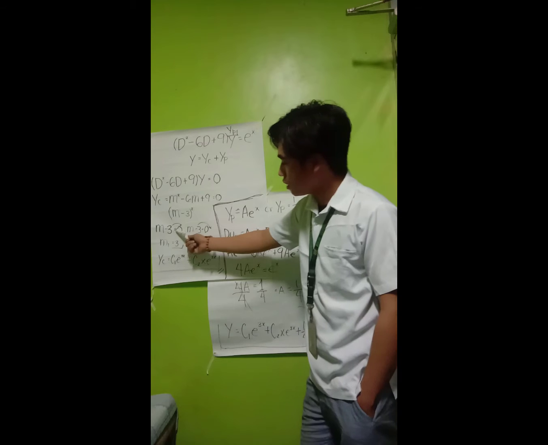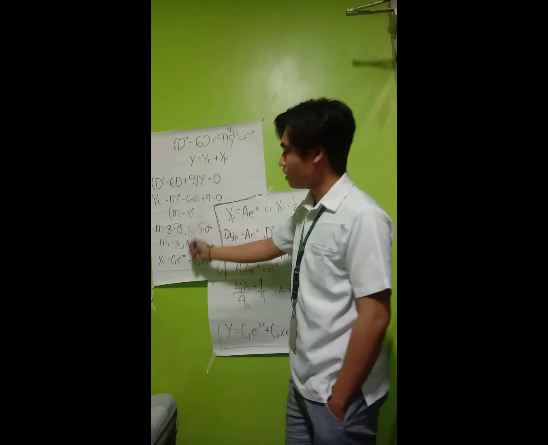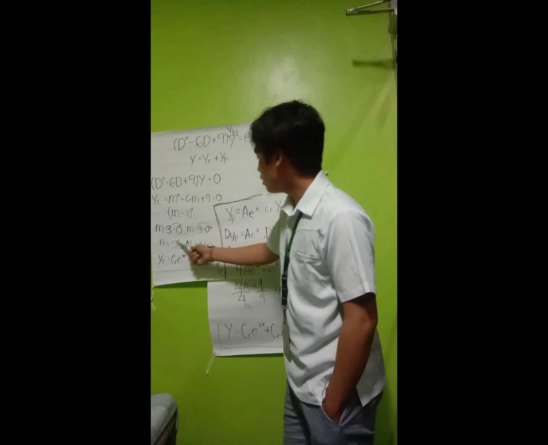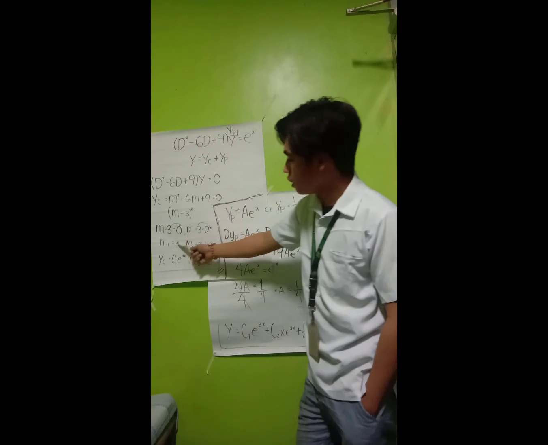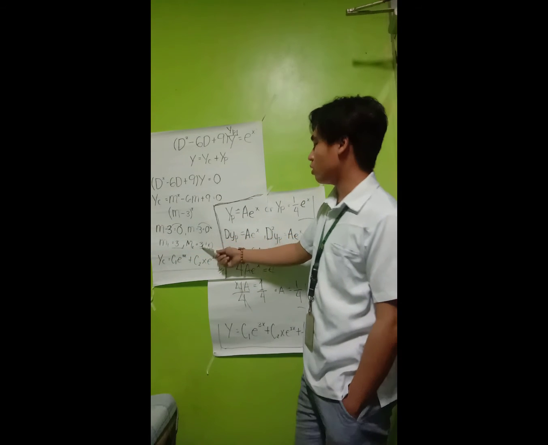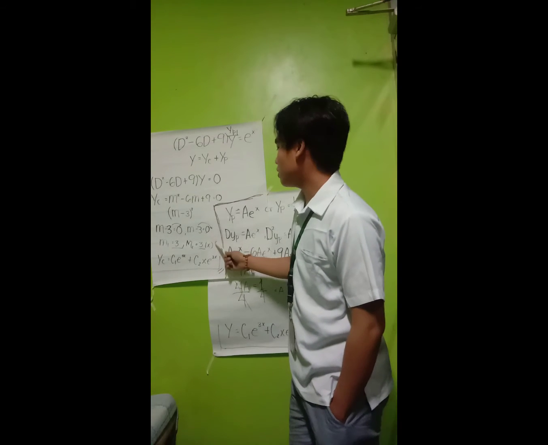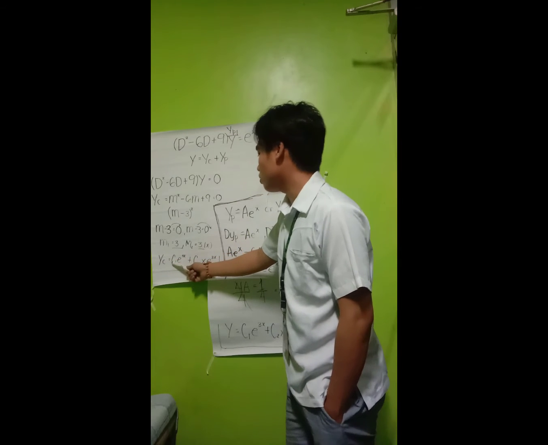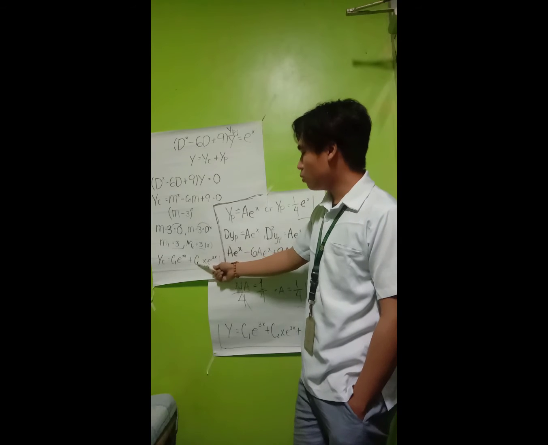Then kuhain natin yung roots niya. M minus 3 is equal to 0. M minus 3 is equal to 0. Then ilipat natin yung 3 para mag-change sign, maging positive siya. M1 is equal to 3. M2 is equal to 3. Dahil parehas sila ng root, kailangan natin plus x yung isa. Then, magiging yung yc natin is equal to c sub 1 e raised to 3x plus c sub 2 x